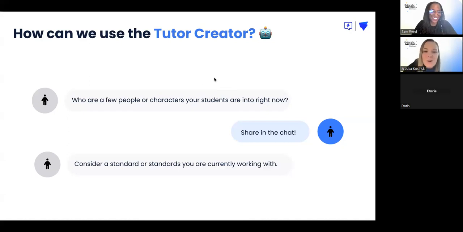All right, so we will get started with just the overall process. So if you did not share in the chat, totally fine. Just kind of be thinking of some people that maybe your students would be interested in. The next thing to just consider, and you don't have to share these in the chat, but just consider for